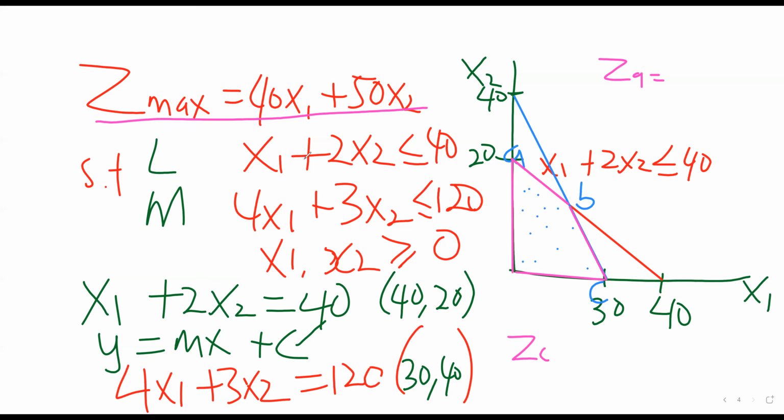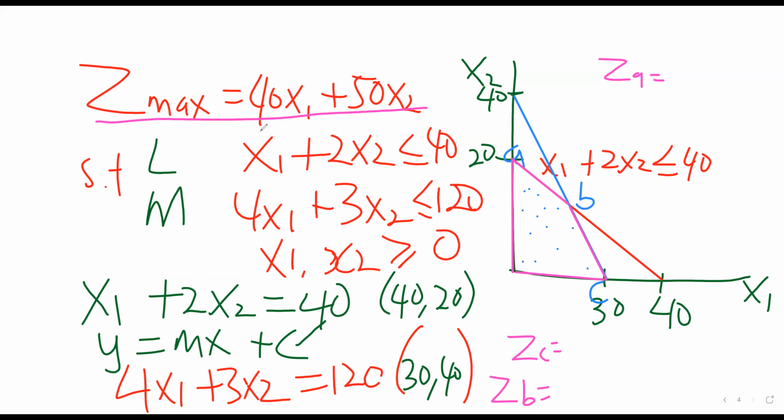Let's go to A. At the point of A, the coordinates are 0 for the x1, 20 for the x2. Okay, 0 for the x1. Someone says he can't see my screen. Do you all see my screen? I want to be sure. Do you all see my screen? Okay, so guy who says he can't see the screen, please log out and log back in. It's from your end. Okay, so let's go to